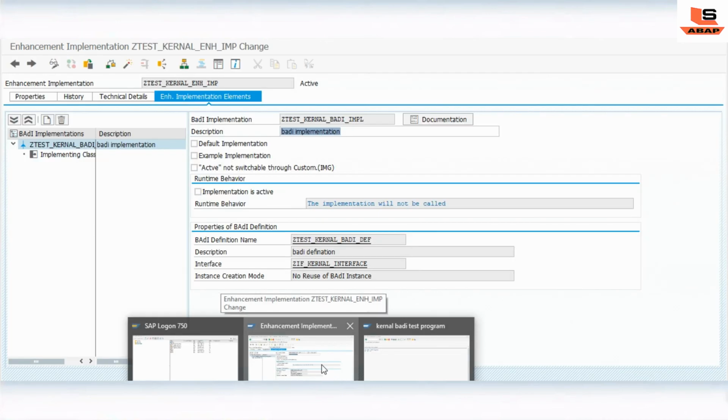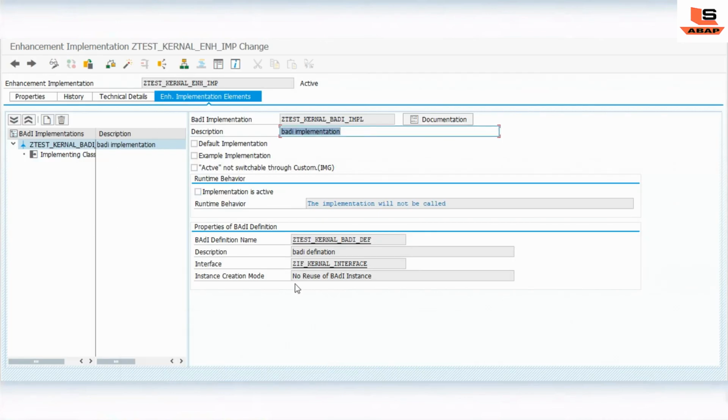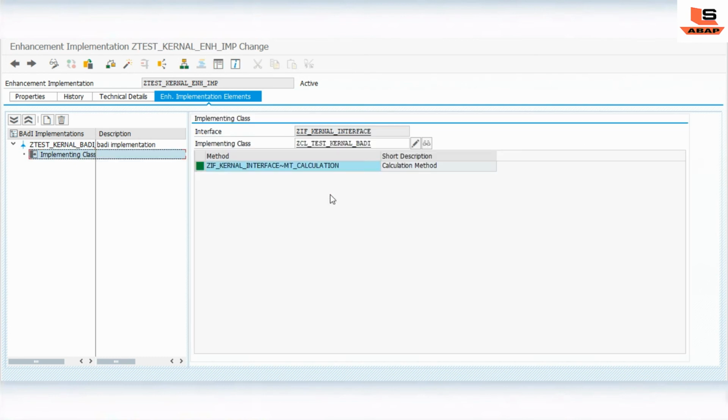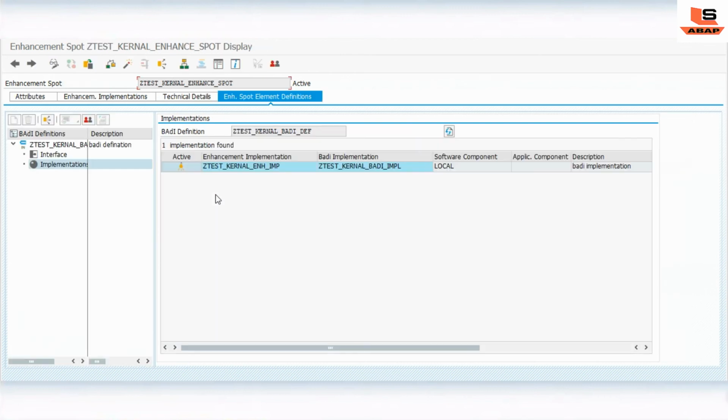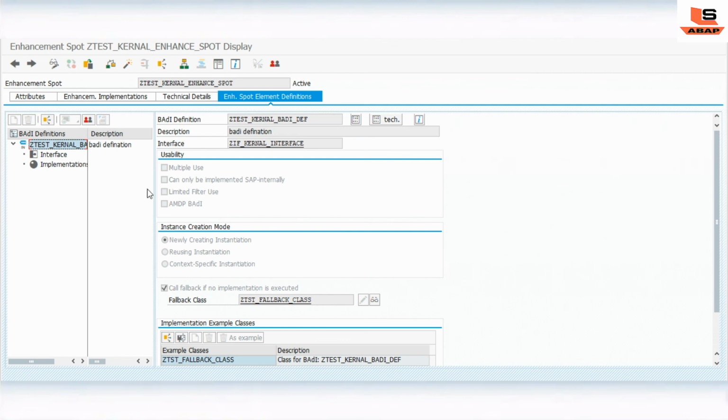Now if I go to this enhancement, let me go back to the definition. As you can see here, we have ticked "call fallback class if no implementation is executed".